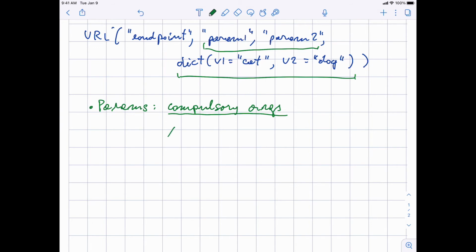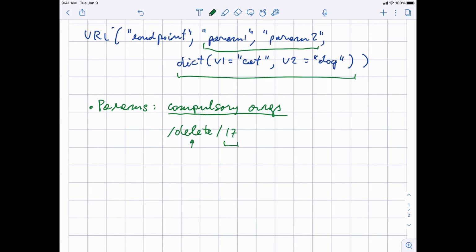For example, you can say delete 17. Okay, I would put 17 as a parameter. This would be the endpoint, and 17 would be the parameter, because it does not make sense typically to say just a slash delete. Slash delete what exactly? Everything? No, that's not the case, right? So normally you need to say the ID of what you are deleting every time you call the delete endpoint, right?